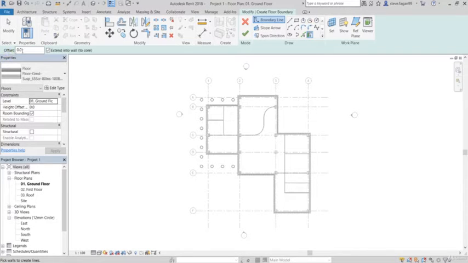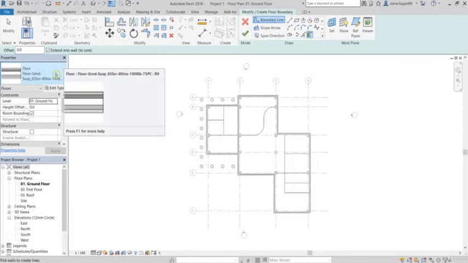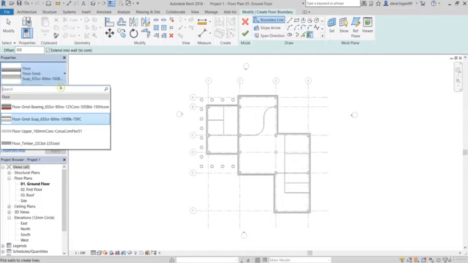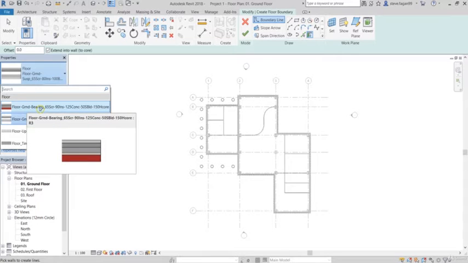There in the options bar, we can create an offset, and the extend into wall core option, we'll have that ticked on. What that does is, when we create the floor, it will extend in through the wall and attach to the core itself. So what we're going to do is change over our floor type. If we hit the type selector, by default we'll have 4 different types: 2 ground floors and 2 upper. So if we go for the first one, the ground bearing slab,